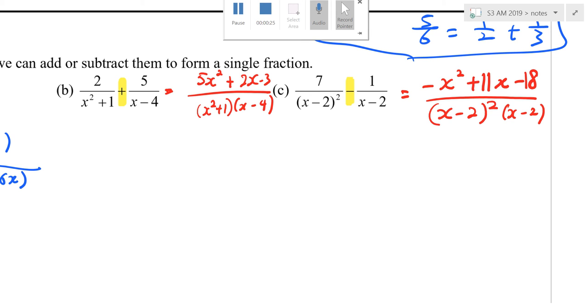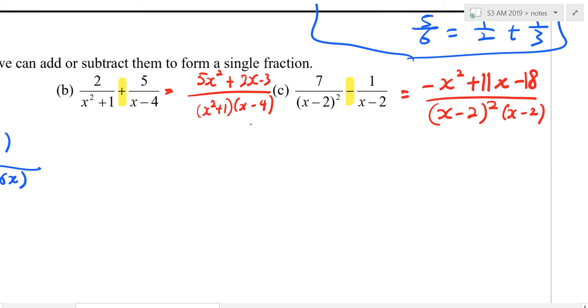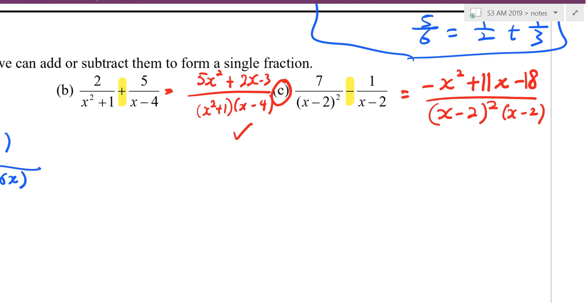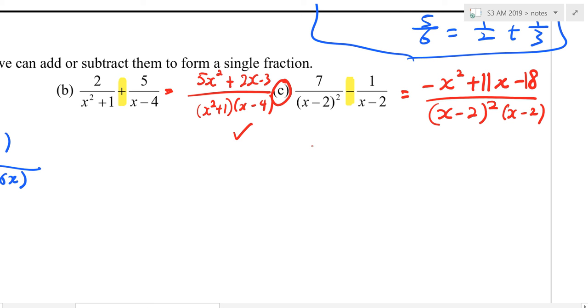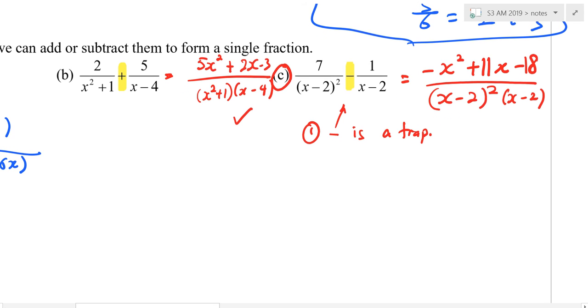Now, I strongly believe B, I don't need to go through. Okay? But for C, I will need to go through. There are two things I want to go through. Number one, can you write down? The minus here is a trap. Can you write down? Number two,